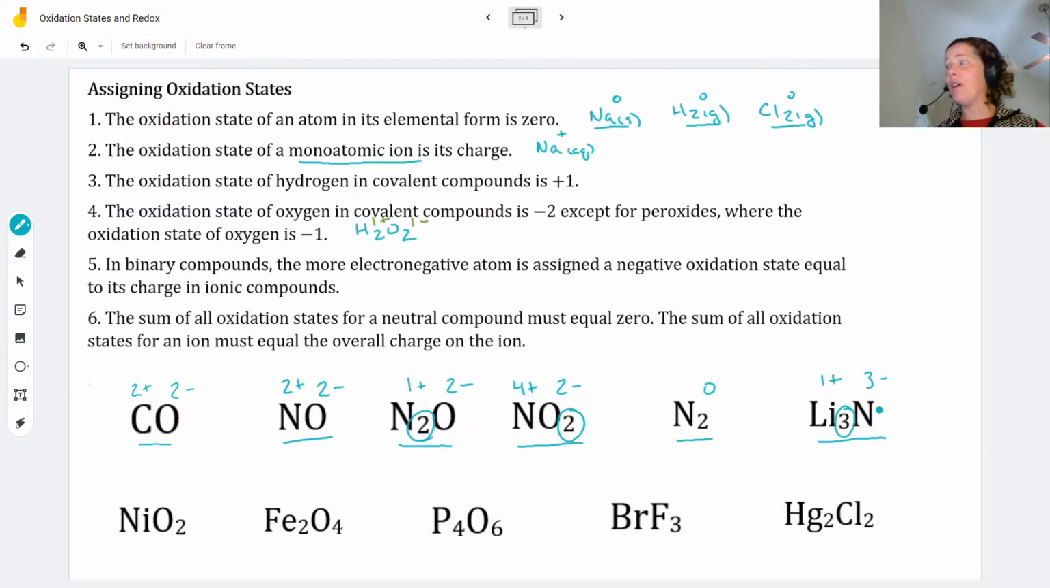Okay, let's move on to some more. Let's make sure there are no more questions. Now we have nickel and oxygen coming together. So we're dealing with a transition metal here, but that's fine. This is not a naming situation where we need Roman numerals. So write a note